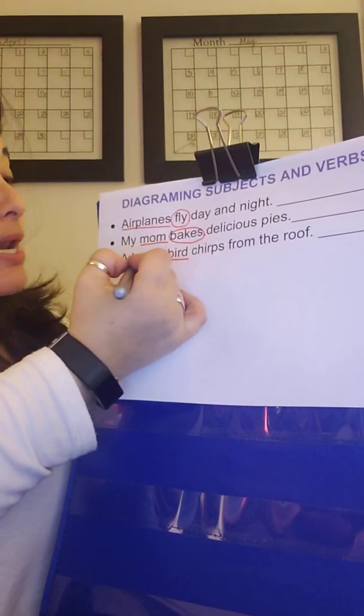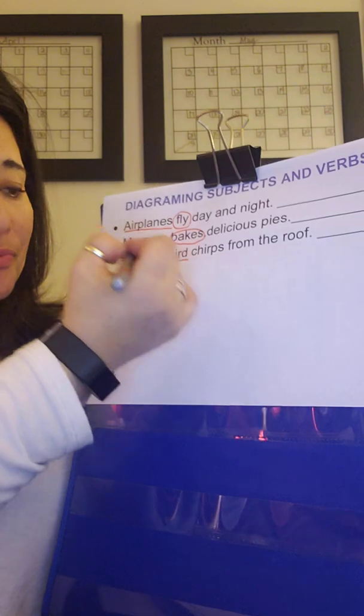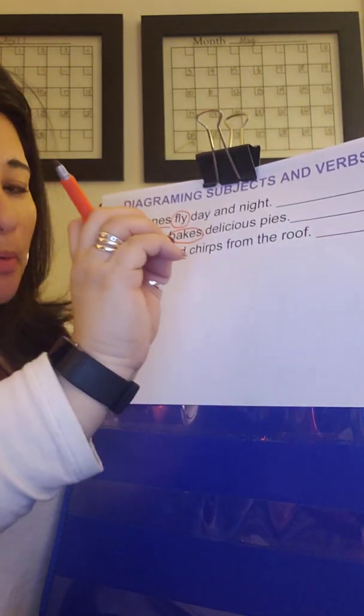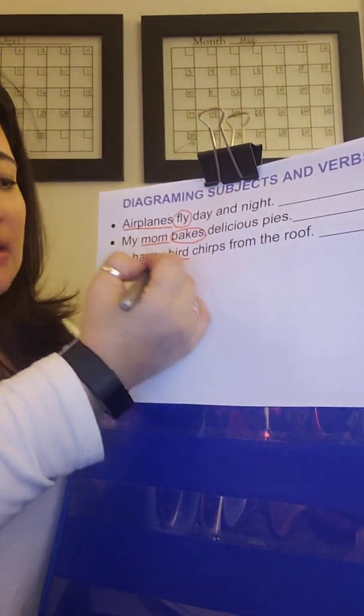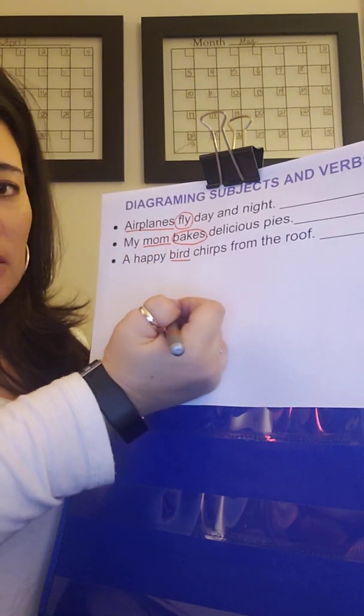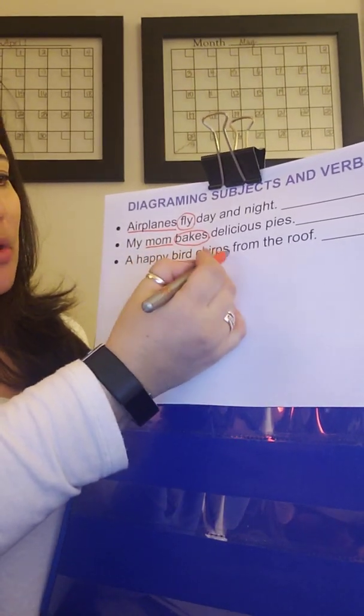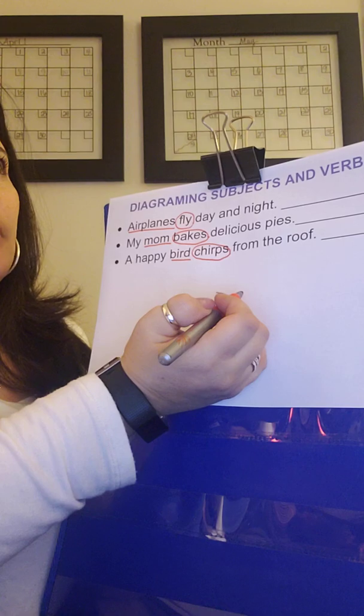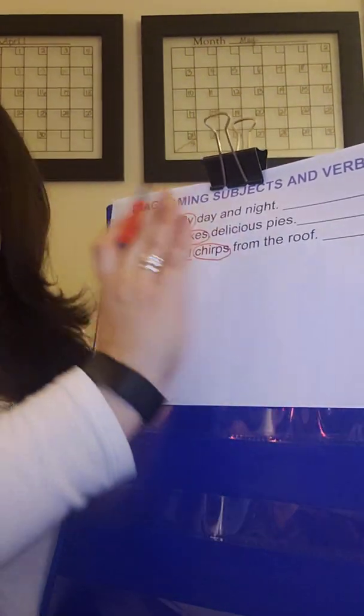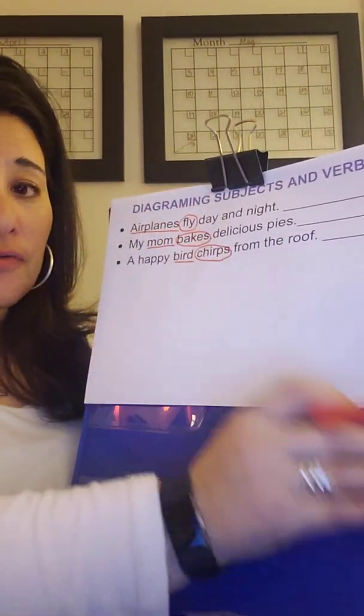Who is the sentence about? It's about a bird, not happy bird. Happy would be a different type of word that we have not yet talked about, but it's just bird. What is that bird doing? It's chirping. Okay? All right, so now that we've done this, this is what I suggest you do first in a